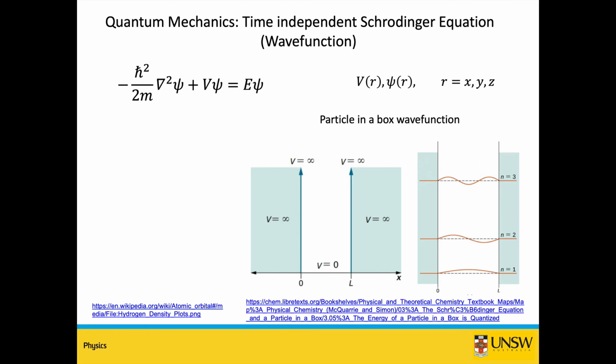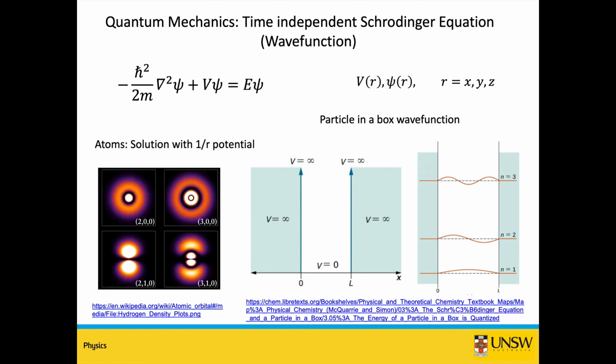And the Schrodinger equation is an eigenvalue problem, and we will solve this type of equation in the second topic next week. But the solution gives us discrete energy levels. So not all possible values of the total energy E are possible. Only certain values are possible, and 3 values are shown here with a label of n. n equals 1, n equals 2, and n equals 3. And each one has a different wave function associated with it. So the solution of this type of differential equation gives you these energy states and the wave functions.